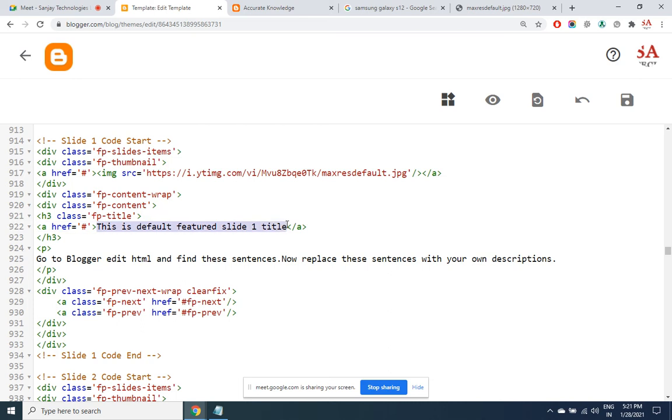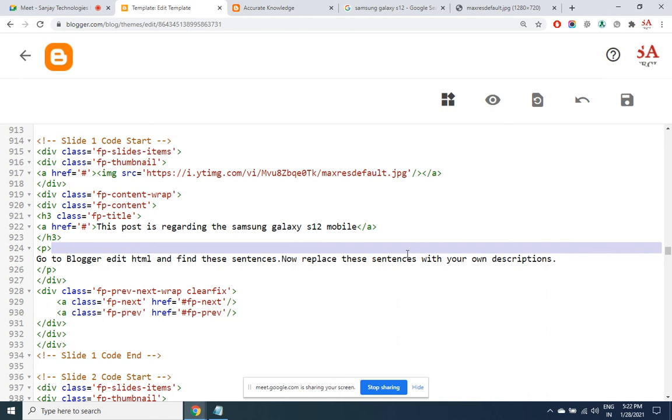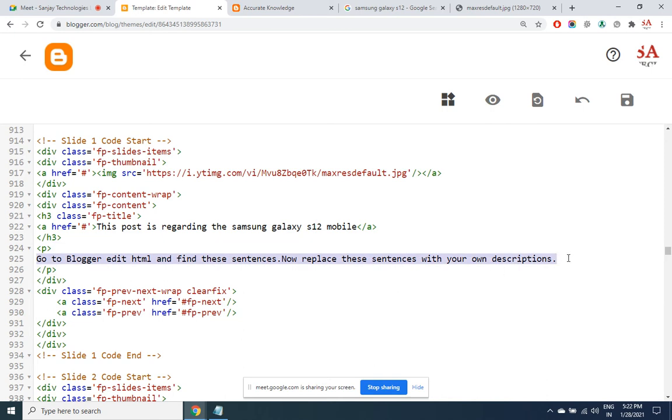You got to tally it from the front end. So I'm replacing it. The next line, description, I am replacing that with the same content.